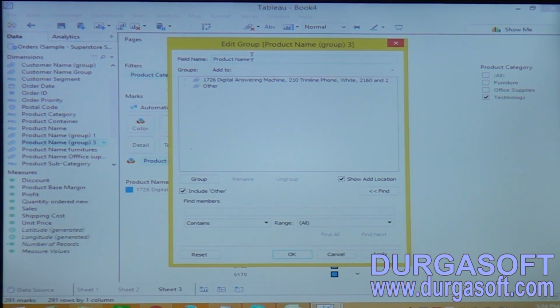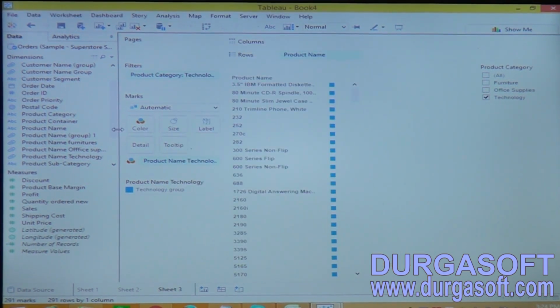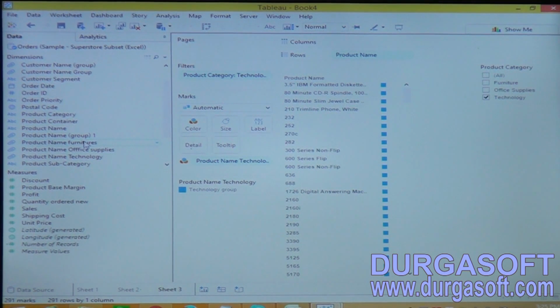Product name technology group. Rename the products as well, technology group. Now click apply. Now we created 3 groups: furniture, office supplies and technology.